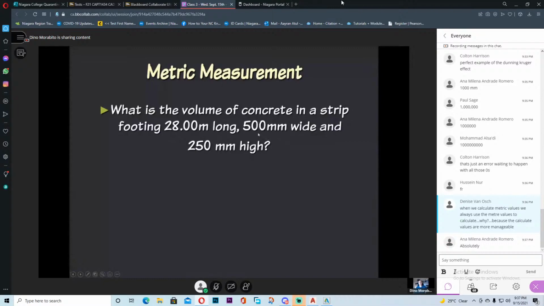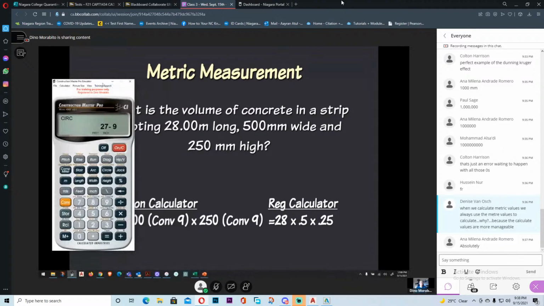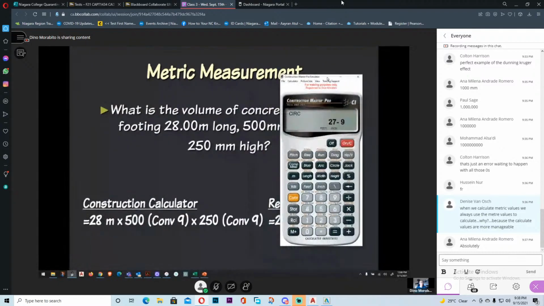Section of the footing that shows 500 millimeters wide, 250 millimeters high, but on the plan view, the length of it shows 28 meters long. The nice thing about the calculator is I can go in and make some conversions here. I can put the numbers in millimeters. When I say convert 9, all I'm doing is giving the calculator the units. So I'm going to say